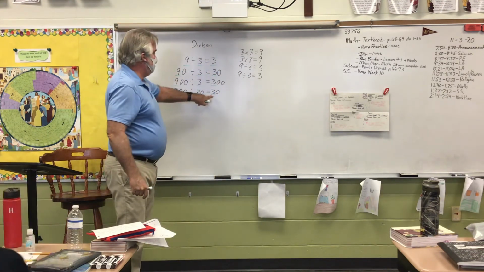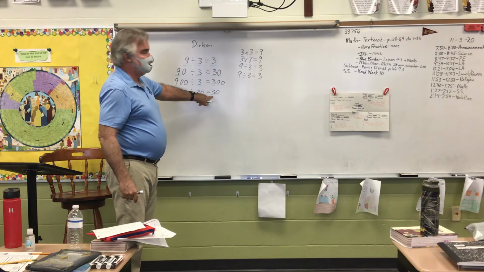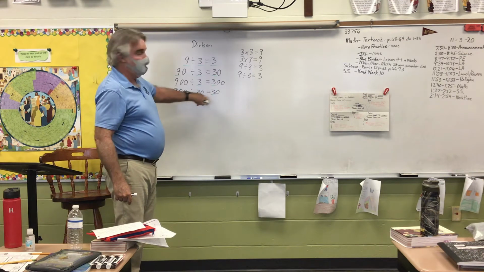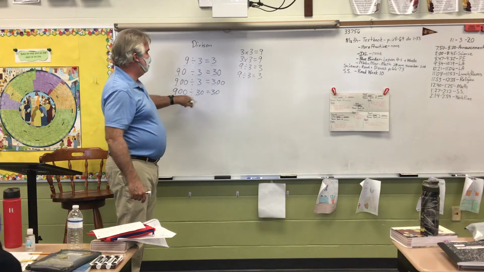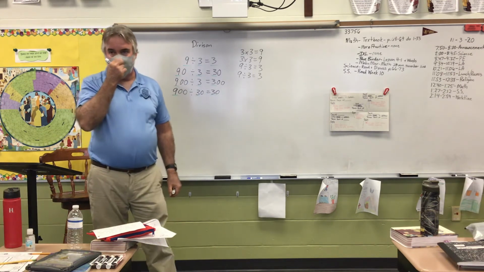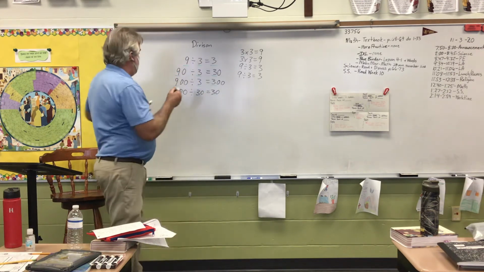So if you times 3 times 3, you get 9. You have 1 zero plus 1 zero, that's where your 2 zeros are. Okay? If you have